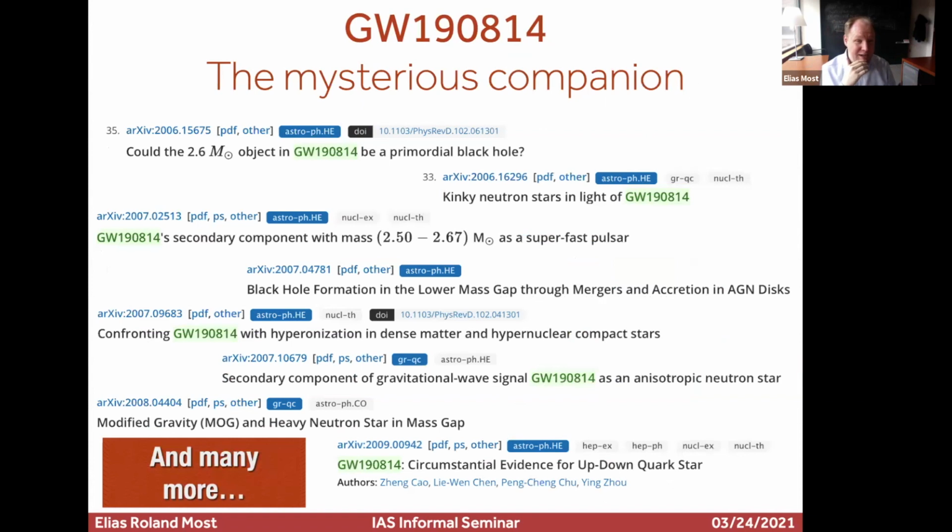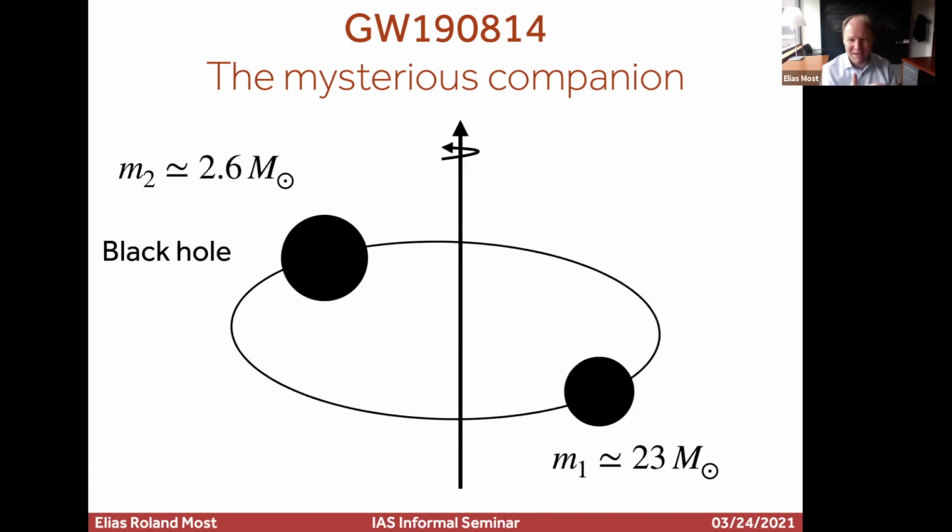In fact, if you were checking the archive shortly after the fact, this was number 35, and I think there were like 50 papers popping up, all claiming the thing could have anisotropic pressures, exotic matter, modified gravity, or something else. And the thing is, you don't need to go that far. If you just think about maximum masses of neutron stars, you can make a very quick determination whether it was a neutron star or a black hole, even without making other assumptions.